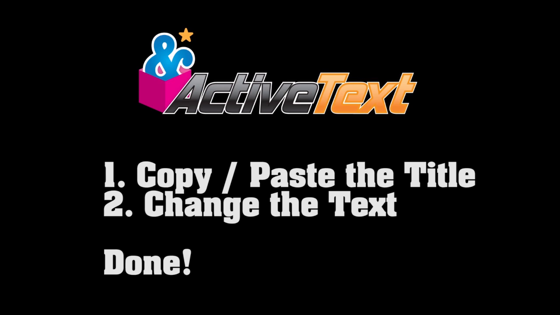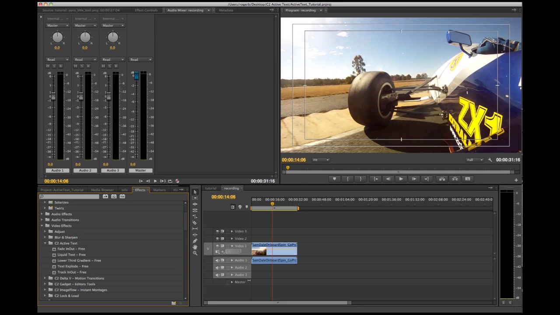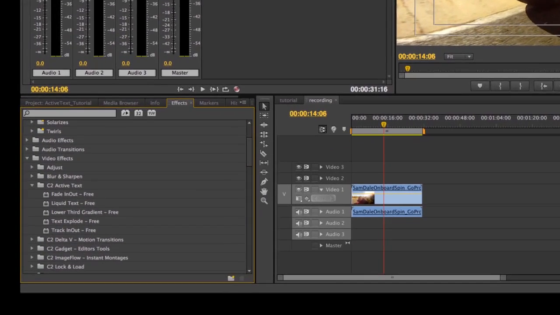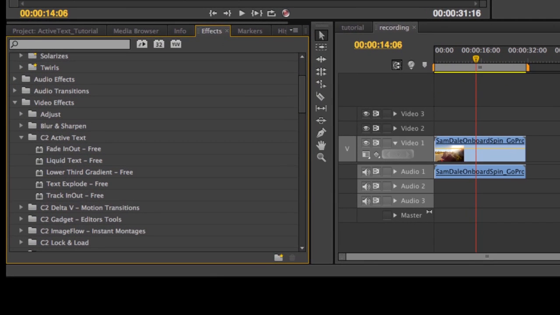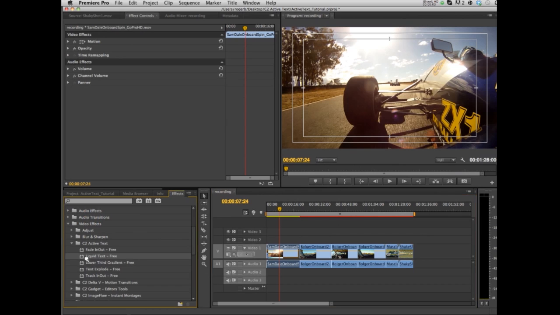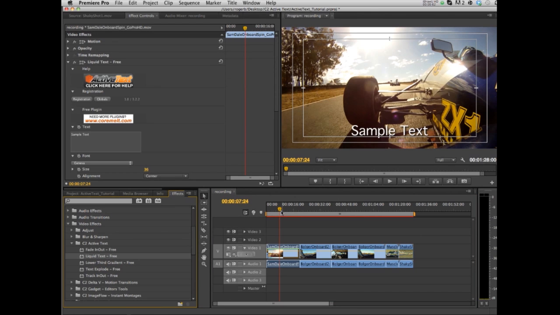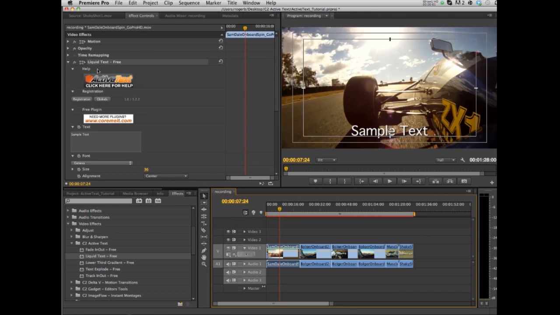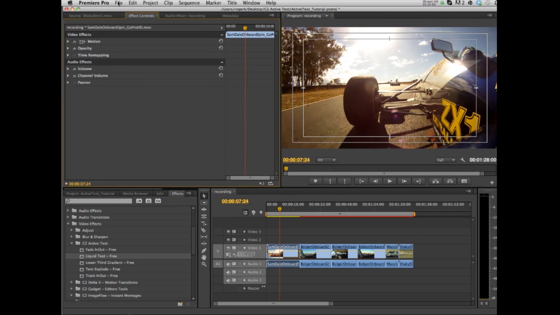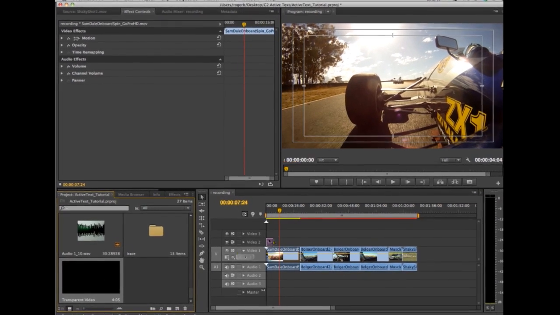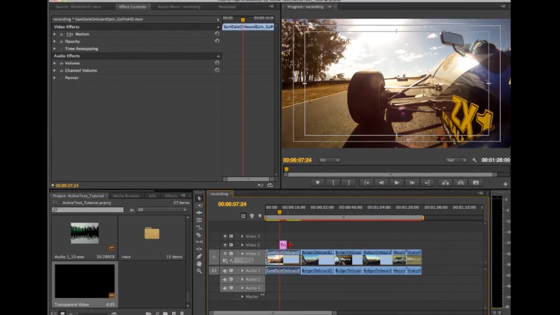So now I'm going to show you how to do the same thing with only 2 steps for each new title using CoreMelt ActiveText. So first of all, once you've installed the CoreMelt ActiveText plugins, they appear in your effects bin as shown here. You can drag and drop these directly onto a clip in the timeline, but the way we recommend to get a little more control is to say File, New Transparent Video Layer, drop the video layer over the clip where you want your titles to go, and then apply one of the CoreMelt ActiveText effects as